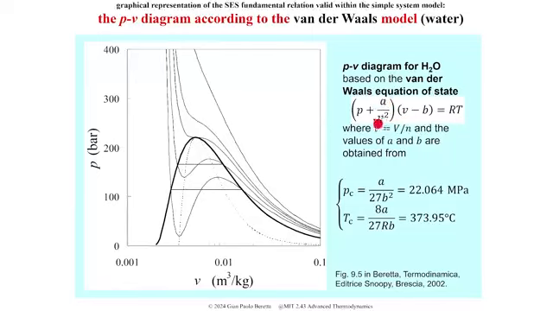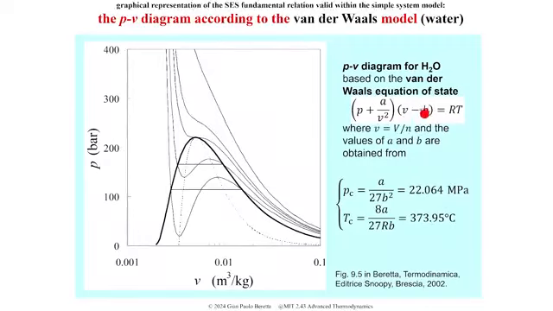If it weren't for this additional term here and this additional subtracting term here, this would be like the ideal gas equation. So van der Waals made a simple modification of the equation of state for a perfect gas, for an ideal gas,